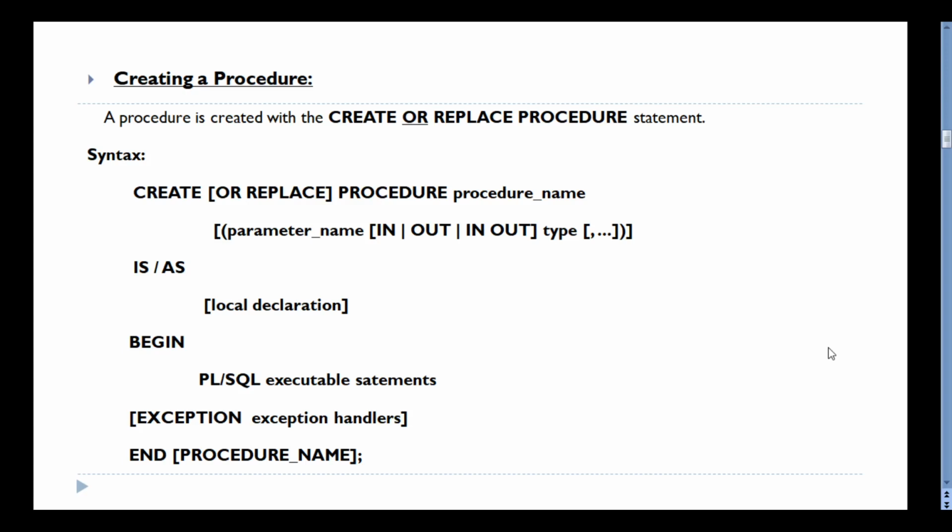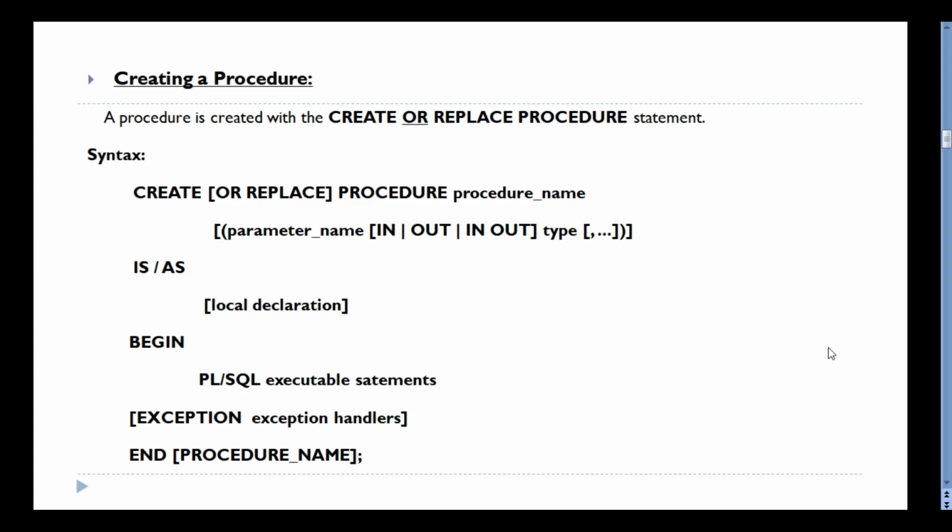Parameter name, then IN or OUT, which are the modes of the parameter, and the type, which is nothing but the data type. IN and OUT are optional. Coming to the next keyword, IS or AS.